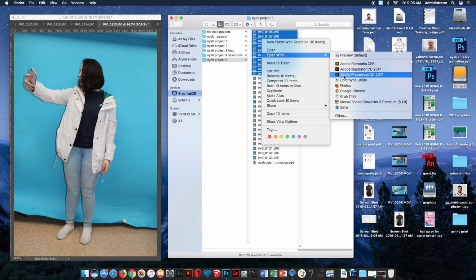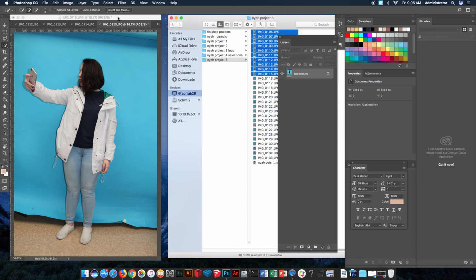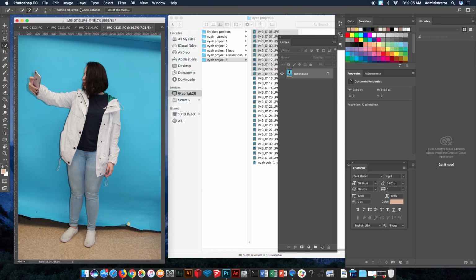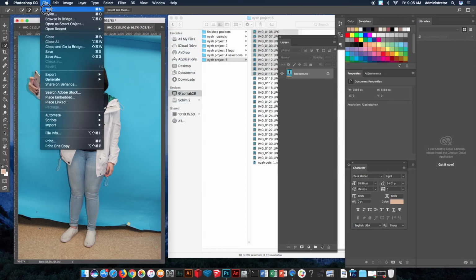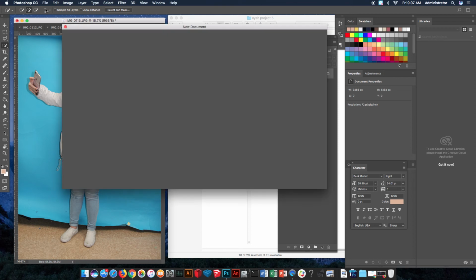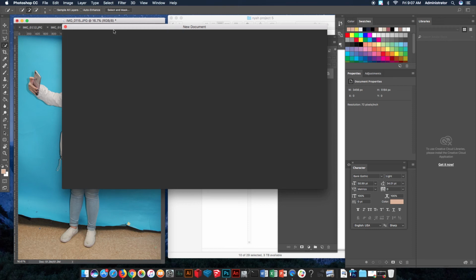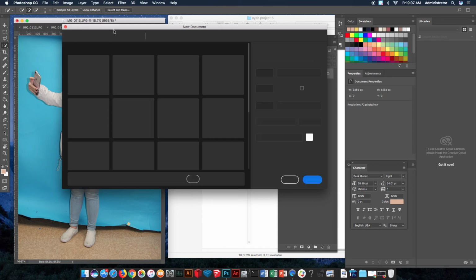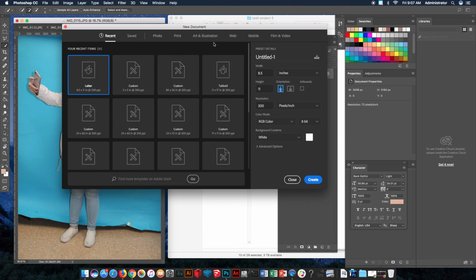So part 1 in Photoshop, open up your 10 images in Photoshop like I have here on the side. Then you're going to go to File and New to create your brand new sprite sheet. This might take a moment or two to come up. Just allow it to come up. Okay, once it does, what we want to be able to do is do a letter size page at 300 is fine. We hit create,